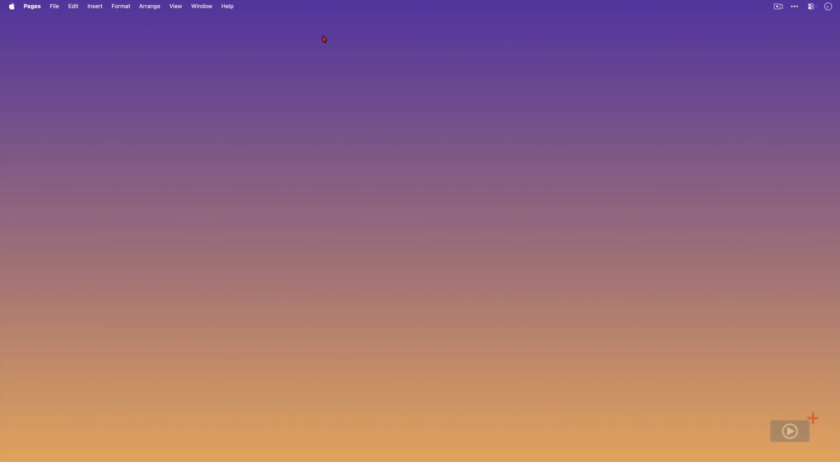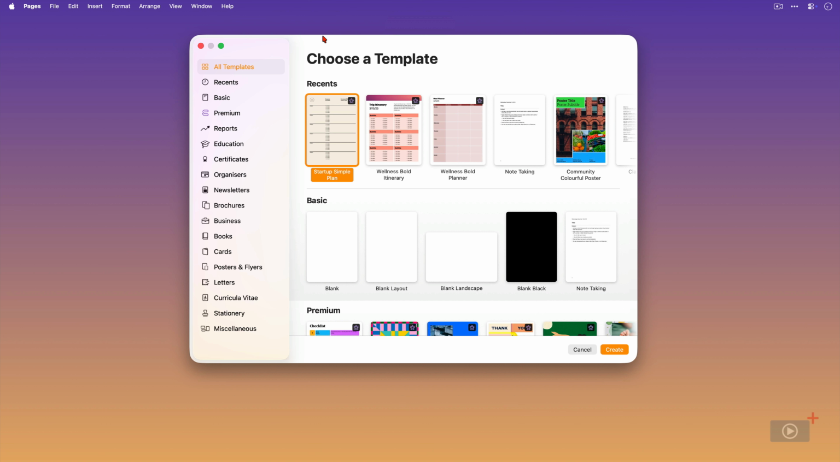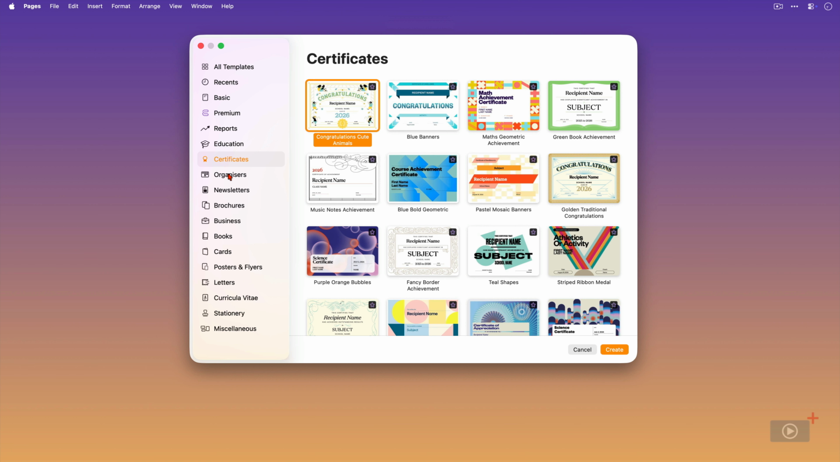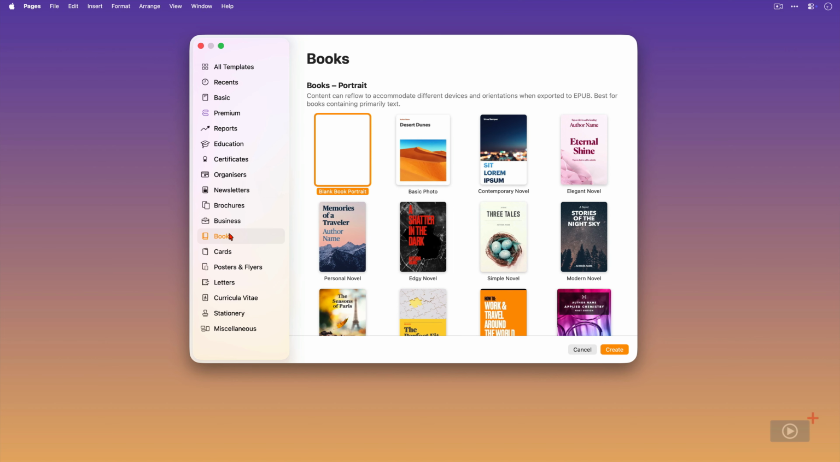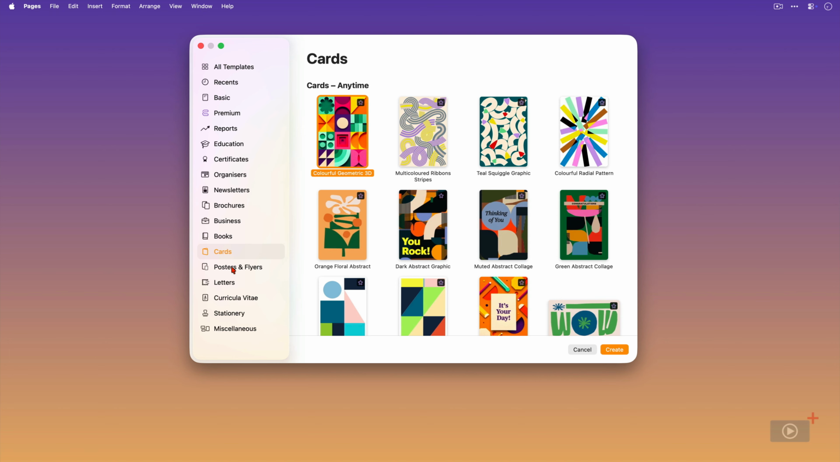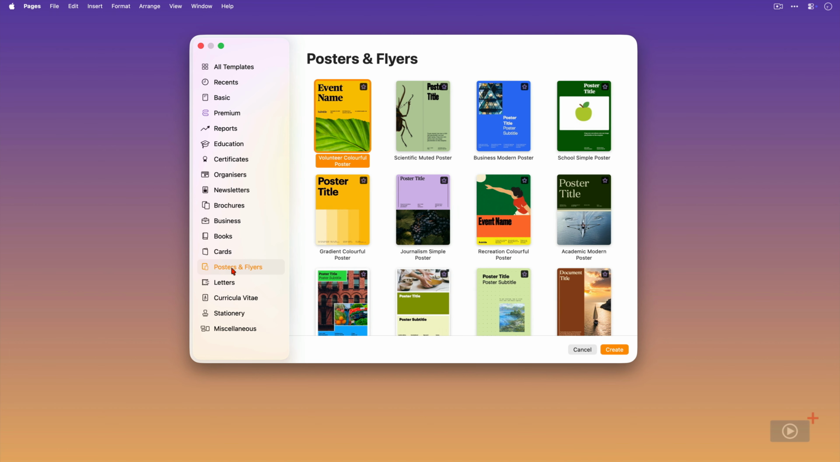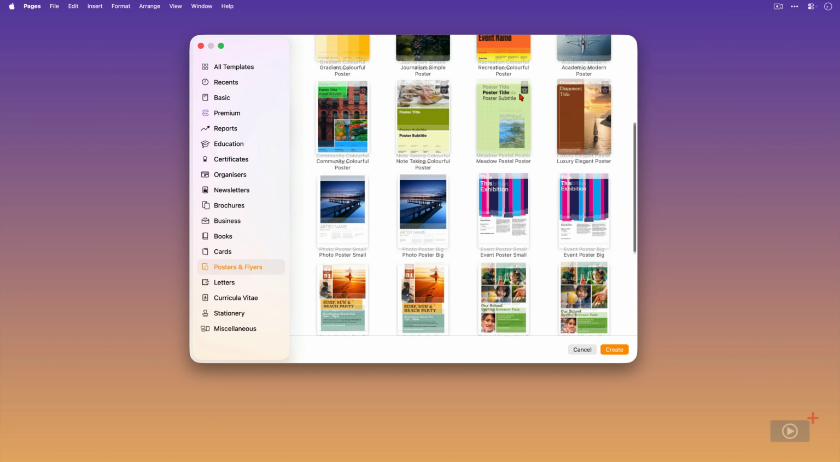Now, Pages is running, so if I press Command and N, some of the template categories you might be interested in include certificates, organizers, newsletters. We've got book templates down here. We've got cards, posters and flyers, and more. And some of these are only available if you have the Creator Studio Bundle subscription. They're clearly marked by these icons in the top right corner,